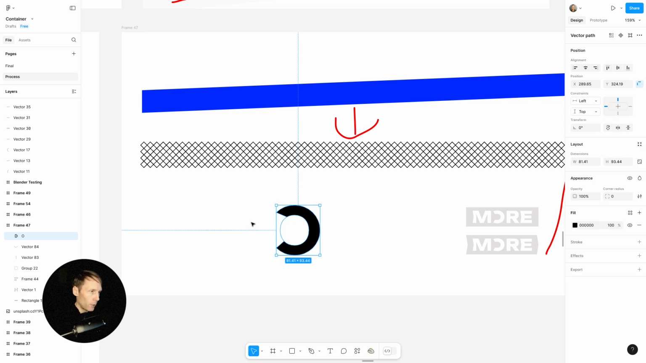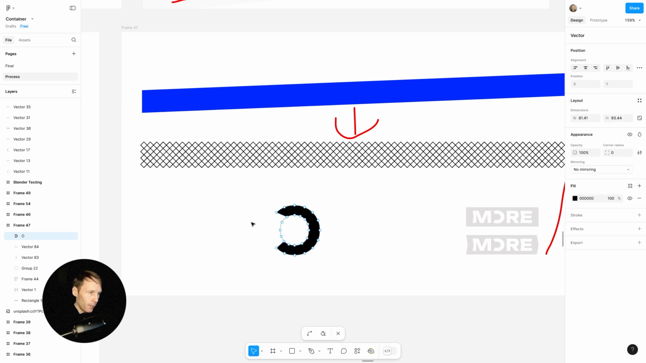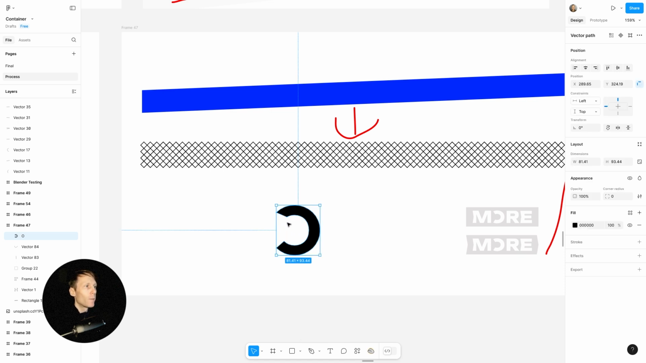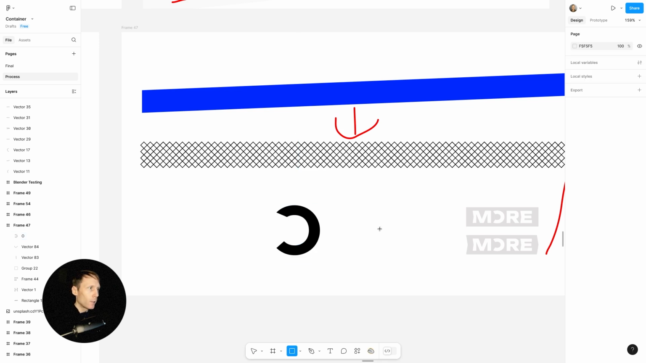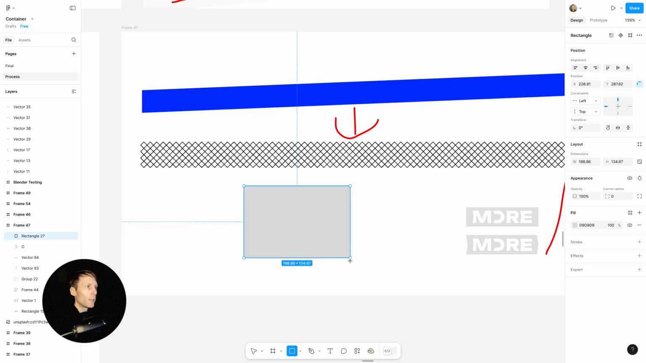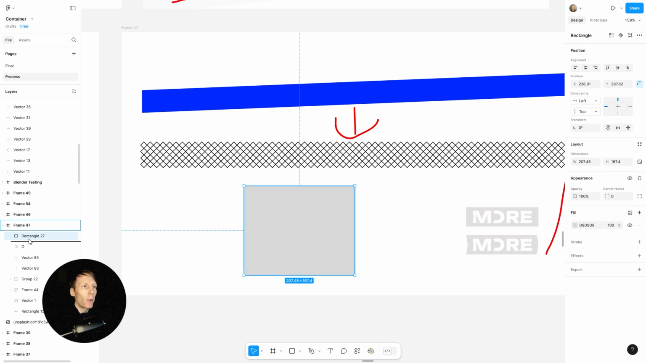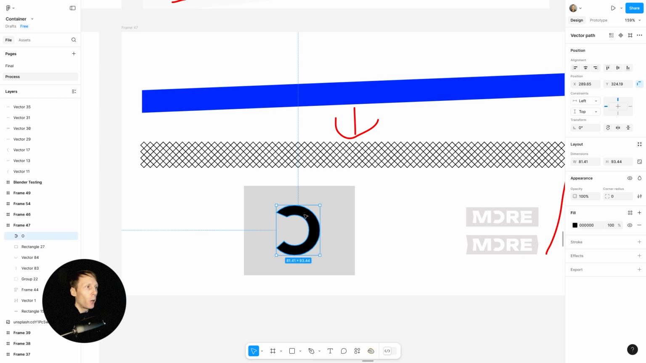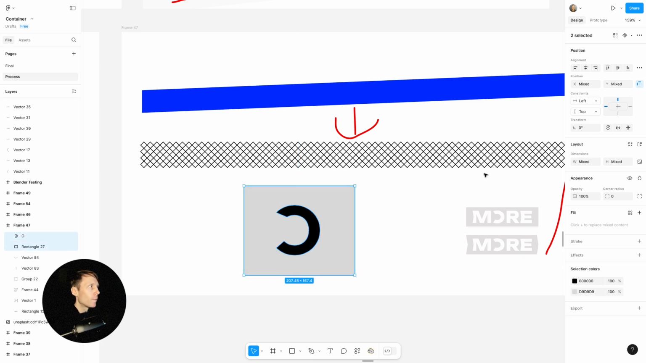Okay, now it seems okay. Click enter back again, select this, delete, delete, delete. That's how you do this. I'm going to select rectangle tool, draw a rectangle. Now on the left side, I'm going to drag rectangle down below. I'm going to click on letter O, hold shift, click on rectangle,